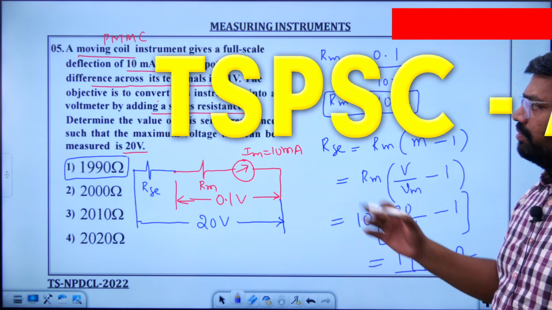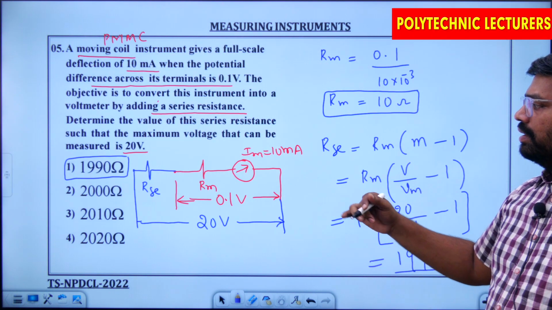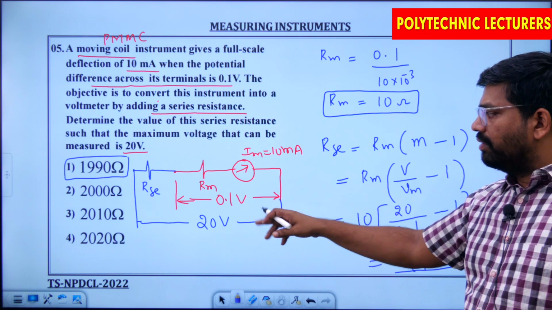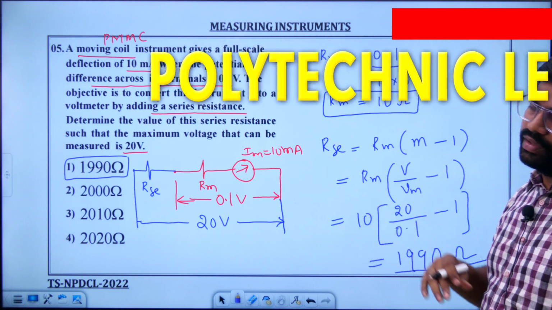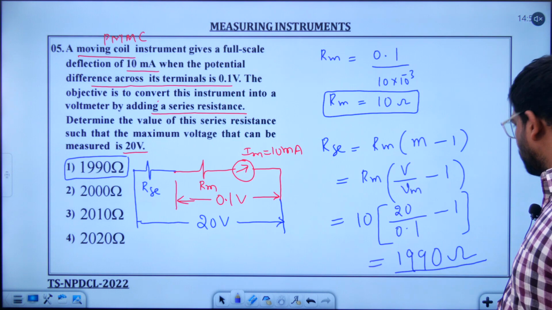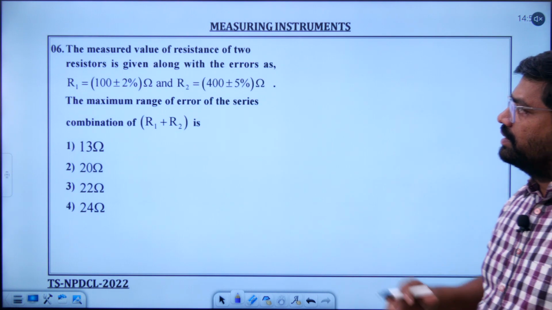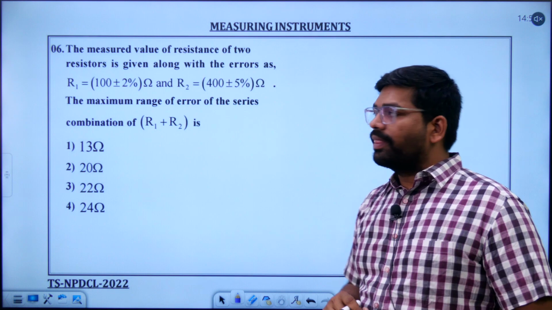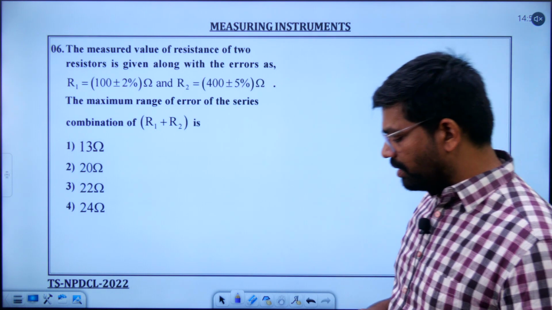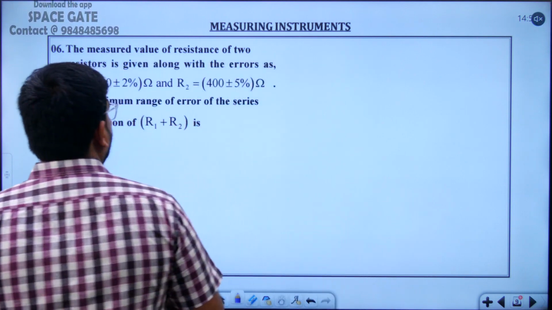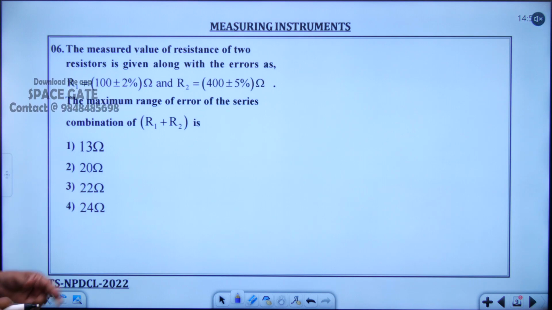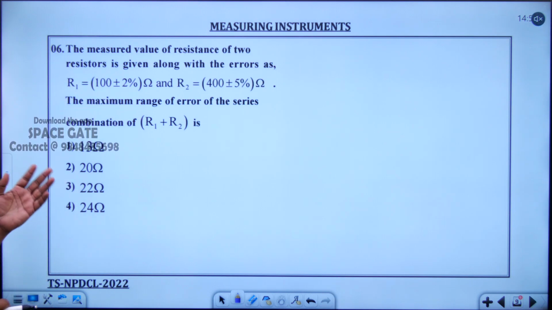Understood? Simple, very simple question here, but just represented in the form of current, and then voltage is given. From that we noticed the meter resistance. Got the point? Very easy question. Okay, now the next question is associated with error analysis. Resistance R1, R2 with percentage tolerance is given, and it is asking what will be